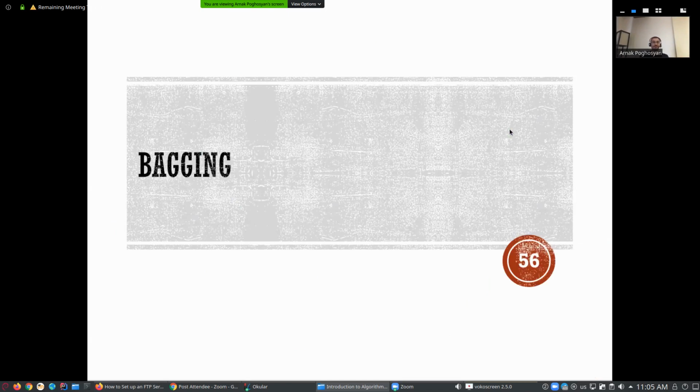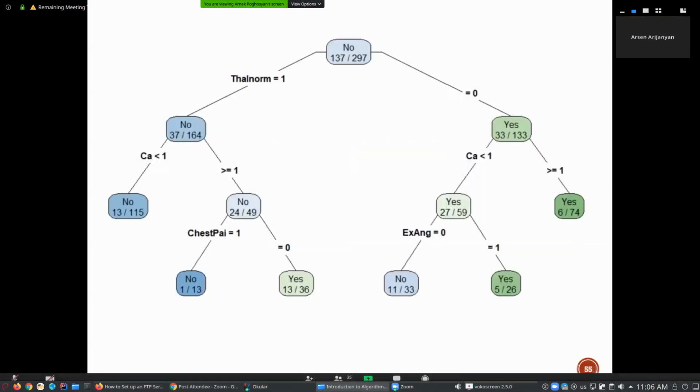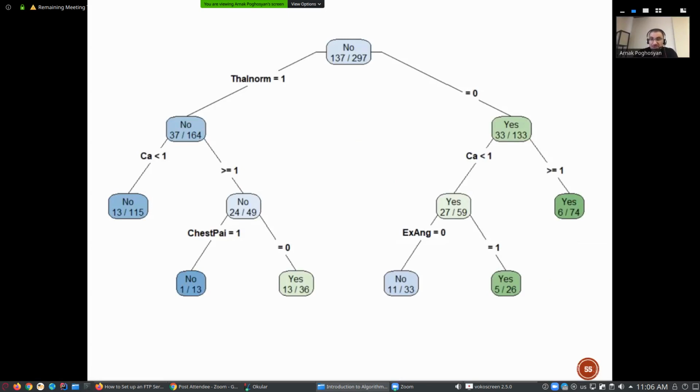Yeah, go ahead. What do the colors mean in the decision tree? Colors are showing the purity of your node, based on some Gini index or entropy measure. So usually you see you have two kinds of observations. You see here the description of the nodes. You have, for example, here 37 and 164. This is standing 37 for the first class and